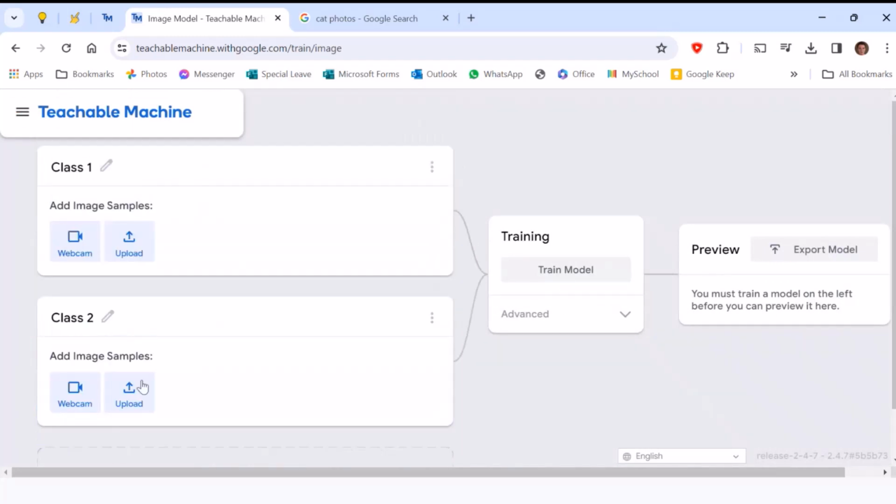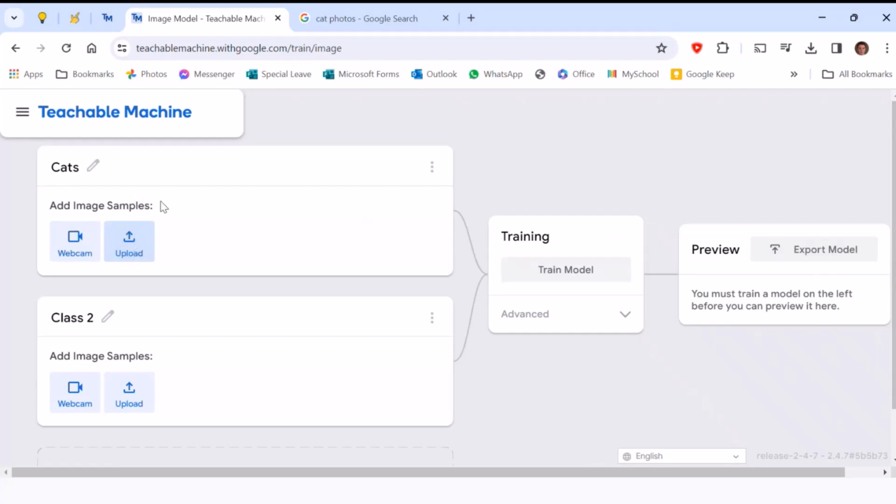These are the data sets on the left of the screen. In the middle of the screen, you have the training model, which will be trained on the data set that you feed it. And last, you have the preview, in which you are going to show it a photo, and it will try to guess using the data that you gave it to train itself what the object is. So I'm going to show you an example of how you can use this. For example, let us say I want to create a system to recognize between dogs and cats. So I am going to name my class cats, and I am going to upload different photos of cats.